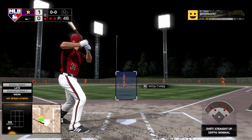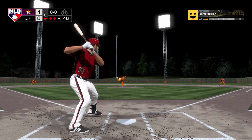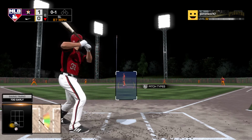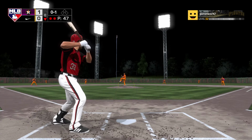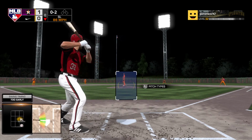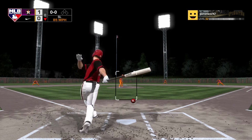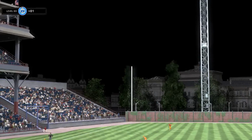Digging in to try it again, James Shields. He flew out in his last at-bat. First pitch hack in here, and that's the first strike. I don't know what it is. I don't know if it's his windup. I don't know if it's just flat stuff. But he's getting a lot of swings outside the zone, and he's having a big game. And he struck him out, so it might be time to begin the